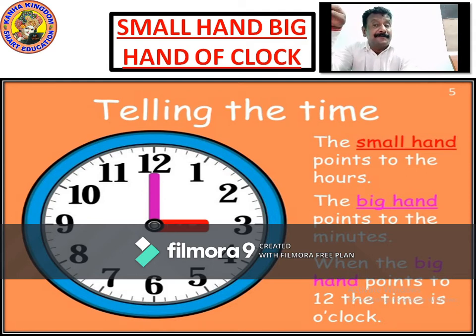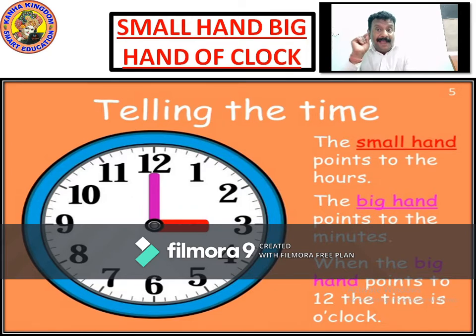The small hand has come to 3 and the big one has crossed. It has completed 60. That's 1 hour complete. The small hand is in 3. The big one has completed 60 minutes. So now when the small hand is in 3 and the big one has completed the entire 60 minutes, it is 1 hour. So when it is in 12, it's like completed in 60 minutes an hour. Now the watch says it's 3 o'clock.